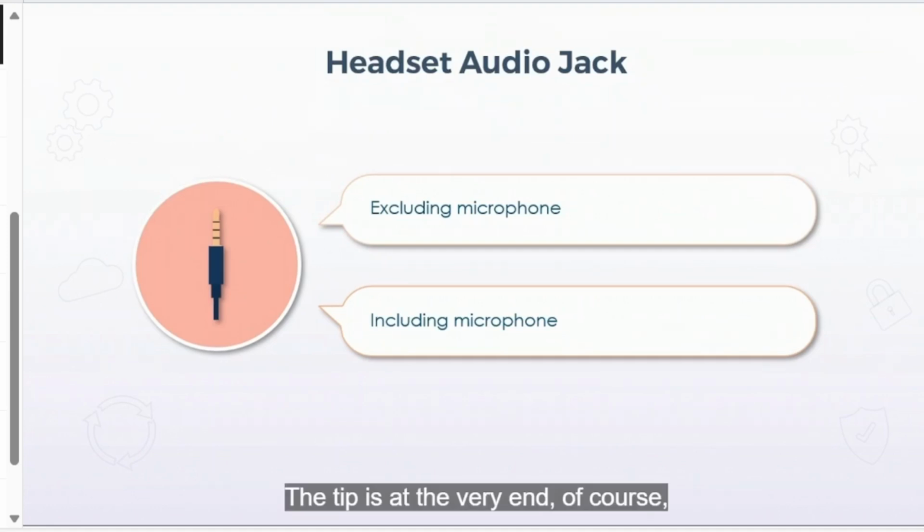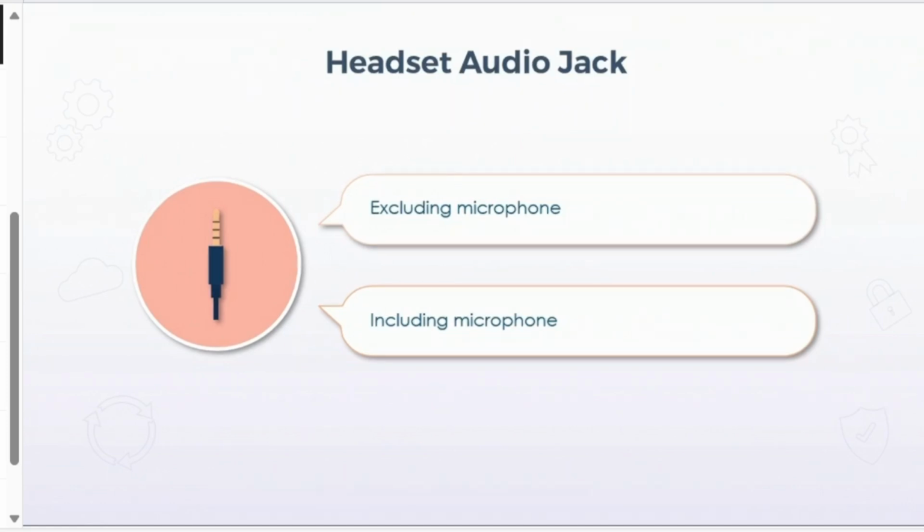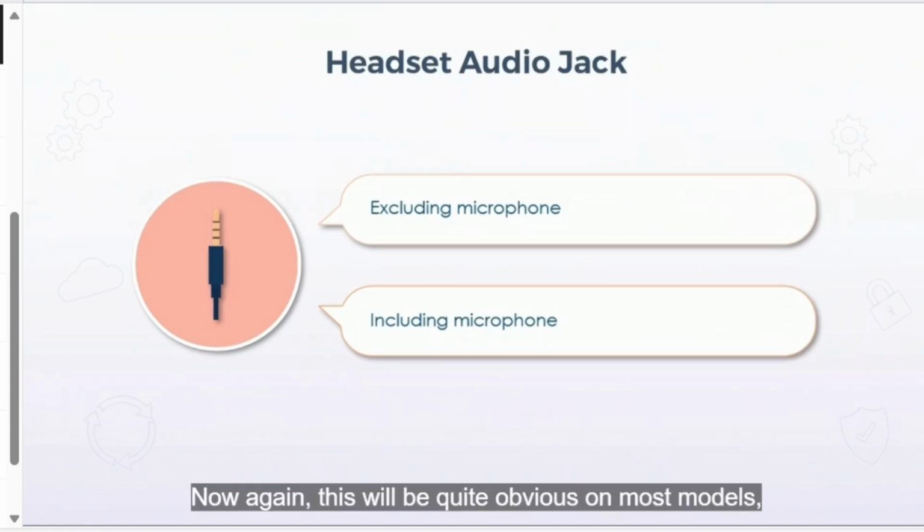The tip is at the very end, of course, the sleeve at the base, and the rings in the middle. And there are dividers between each section to separate the functionality of the headset. If you are using only headphones, then there is only a single ring on the connector, whereas if there is a microphone as well, the connector will have two rings, one for headphones and one for the microphone. Now again, this will be quite obvious on most models, but just be sure that you have the correct type